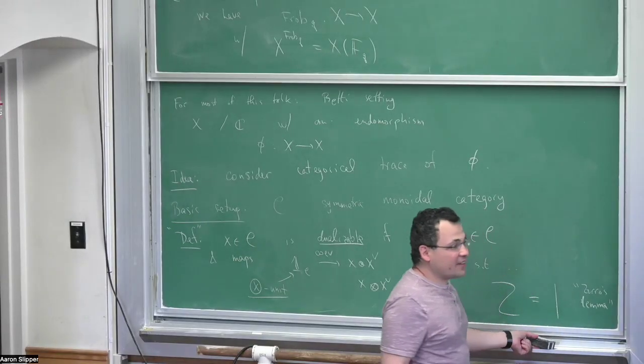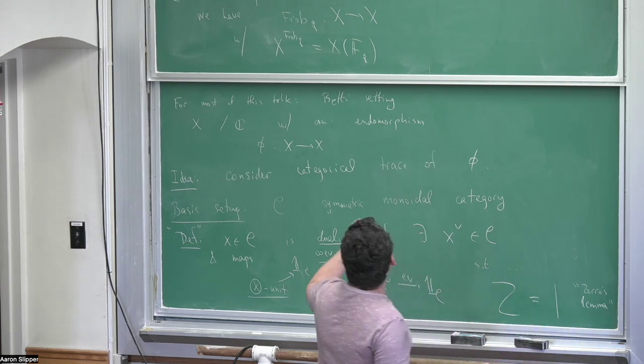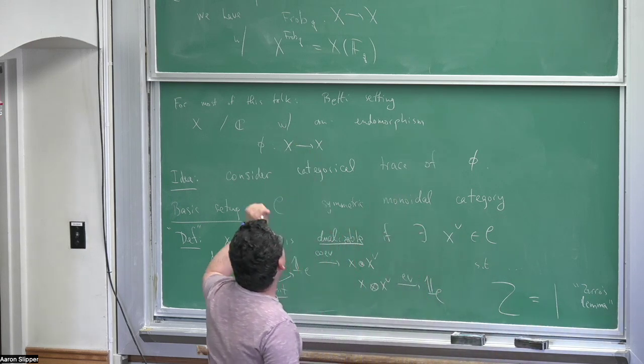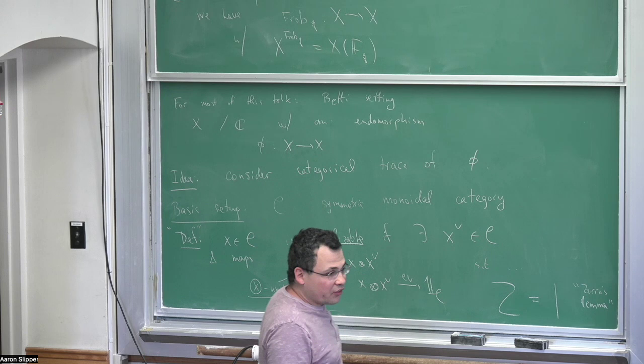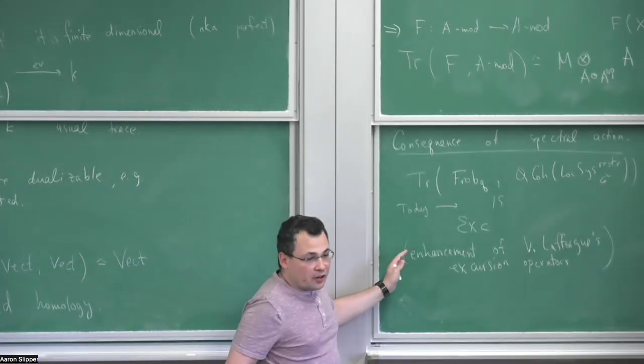It seems that the morally correct statement is the spectral action in this categorical statement. The other thing I want to explain is a refinement of this that involves all of